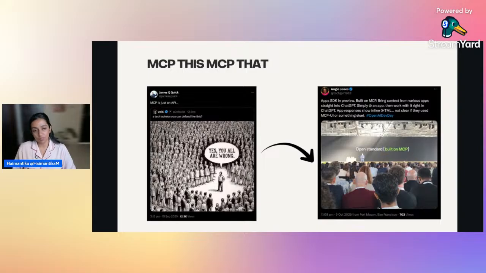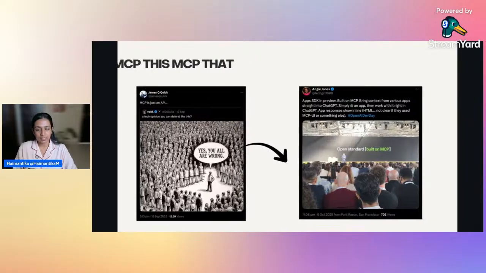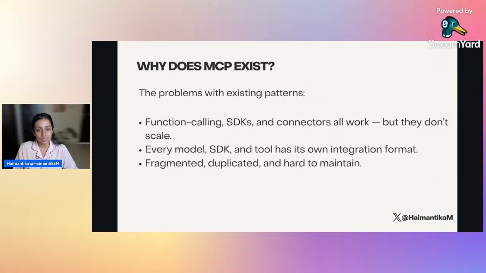Before I go into the definition and show you how to build your own MCP servers, let's understand why MCP even exists. What was the need for Anthropic to come up with something like MCP when we already had different SDKs and function calling? If you have used any LLM provider, be it OpenAI, Anthropic or Gemini, you would have noticed that they all expose function calling differently. There are SDKs like LangChain or LlamaIndex that try to abstract this, but they all build on their own closed loop.